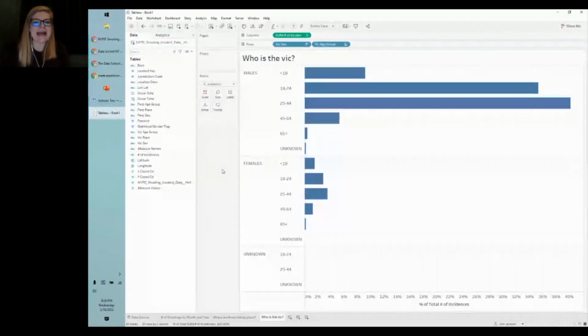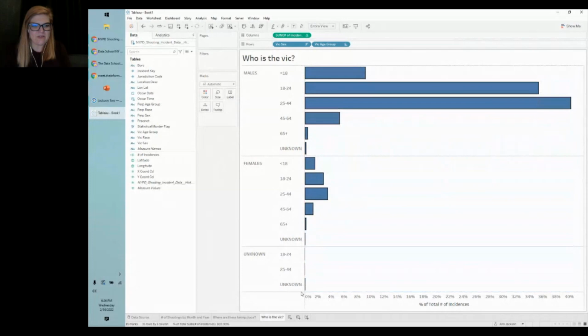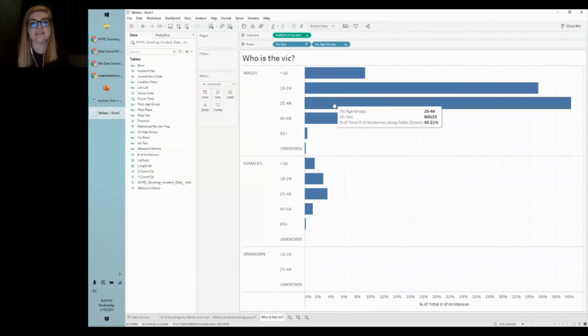And if I were to add these up, and I can highlight all of these. So let me see if I can draw a highlight box over all of that. And then I'm going to have you look down at the bottom left. I'm sure this is small, but you can see that adds up to 100%. What Tableau has done is taken those numbers. So now I can see of the total victim population, 40% of them were males that were between 25 and